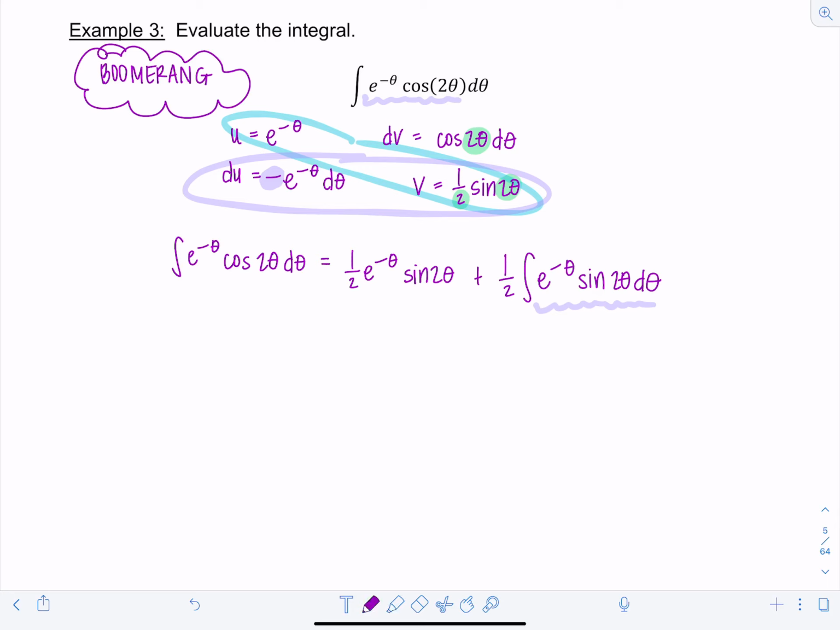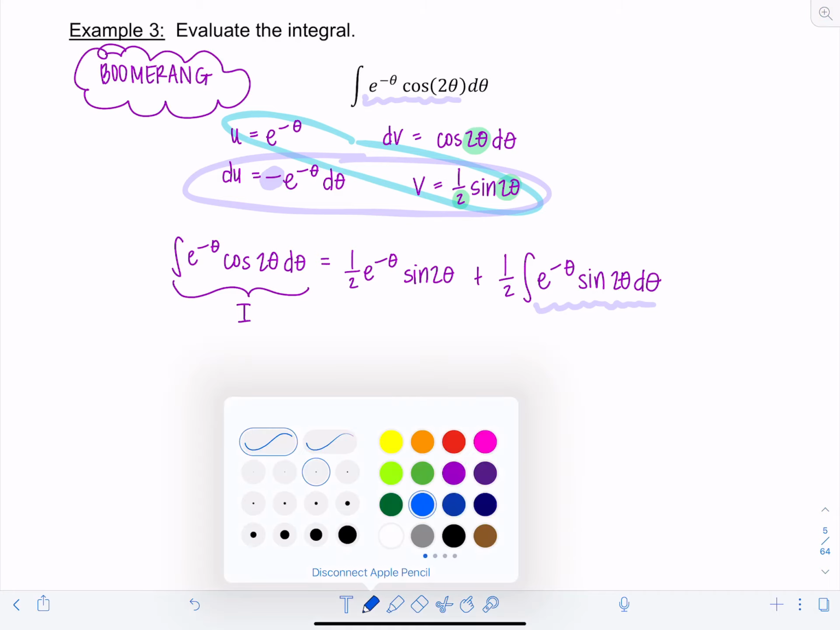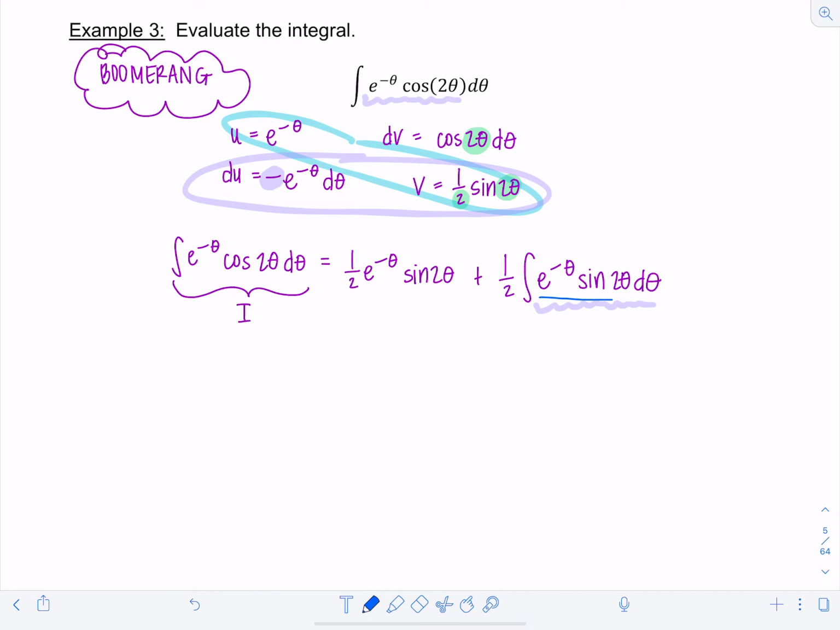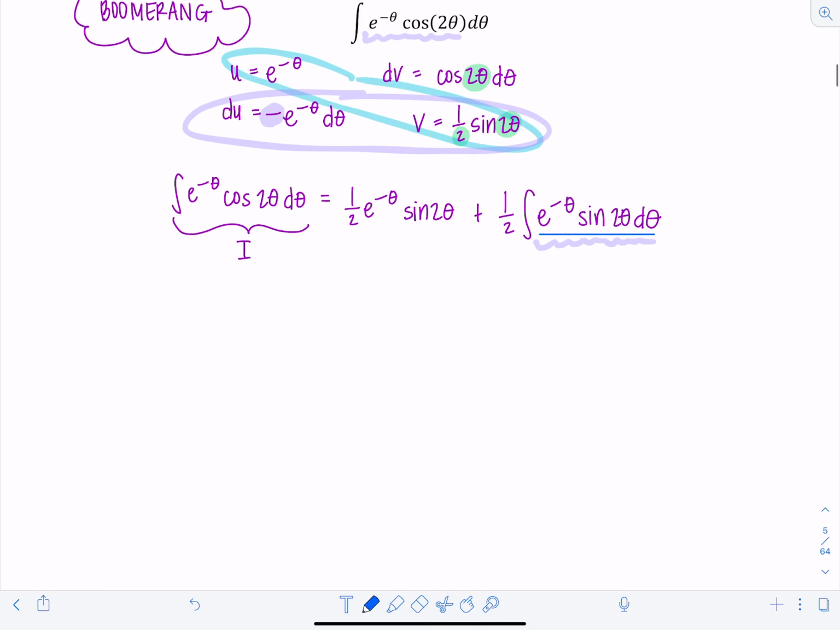So I'm going to call the original integral I. Okay, remember that's what we're trying to solve for or find. That's what we're evaluating. And I'm going to apply one more round of integration by parts just to this integral right here on the right-hand side. Okay, I'm not going to use u and dv because this is our second round. I don't want to confuse it with the original u and dv, so I'm going to have a u bar